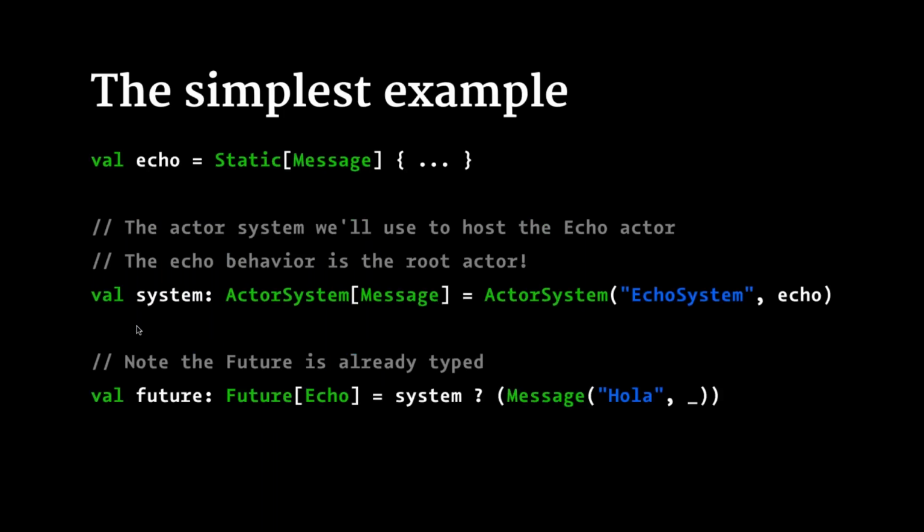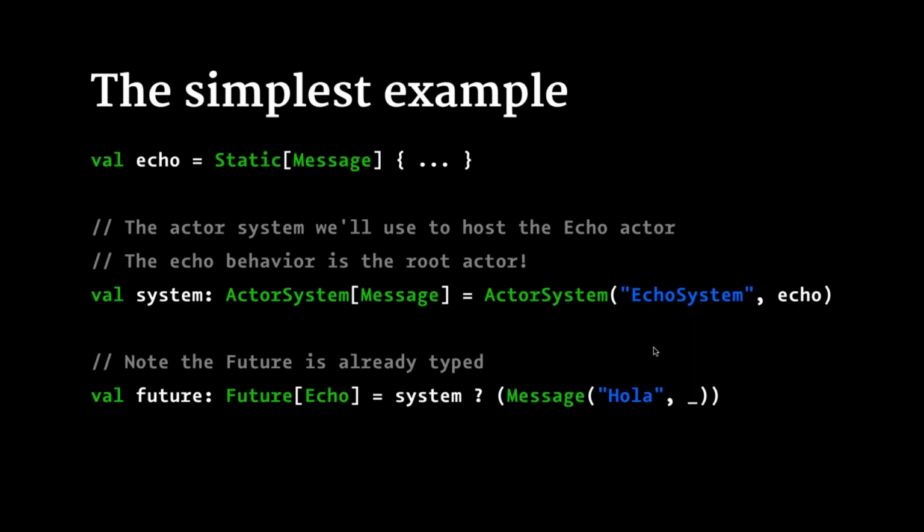Now, if I want to run this, of course, I need an actor system, and I have to do something for that. So once I've defined my echo behavior, stored in my val echo, I can create an actor system here. And again, I'm using the Akka typed actor system, which is parameterized on the type of messages that the actor system can handle. And that type of message is the type of messages that the root actor can handle. So in our case, we're just putting that echo as a root actor of this system. And the only actor really, because we're not creating any others,